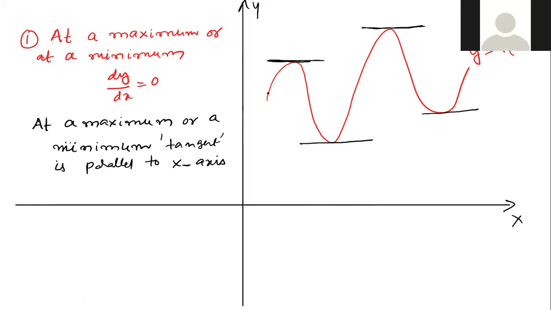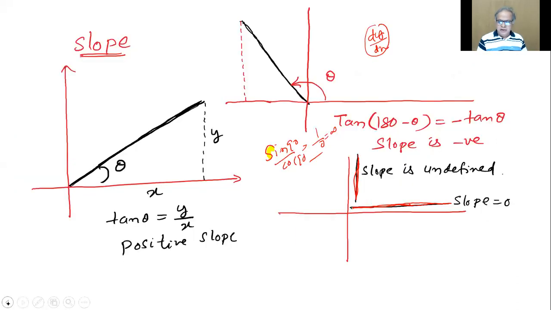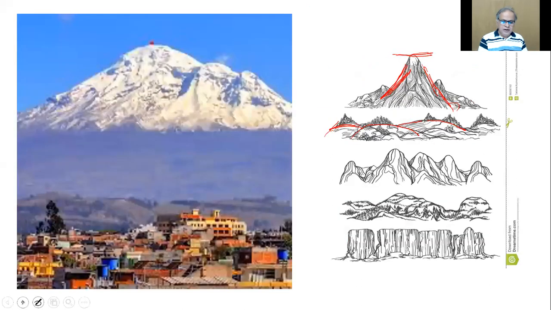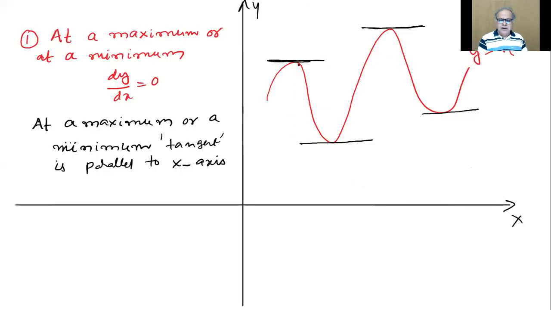See, what is a peak? It goes up, and when it comes back down, only then is it a peak. It continues to go like that; you've not reached the peak yet. So the moment you come down like that, you draw a tangent here, that will be parallel to the x-axis. You've seen already in the beginning itself. For this kind of thing, slope is 0. For this kind of thing, slope is undefined, slope is infinity. So here and here, this is a valley.